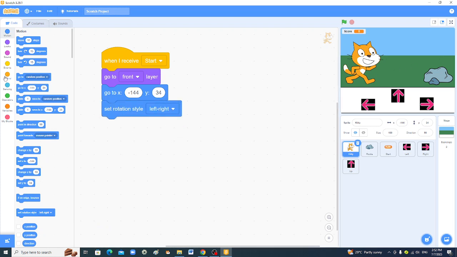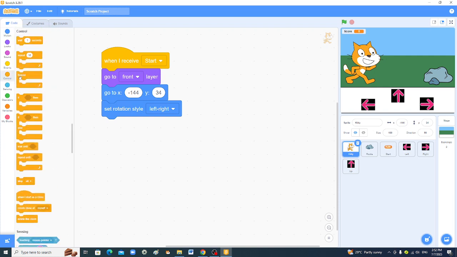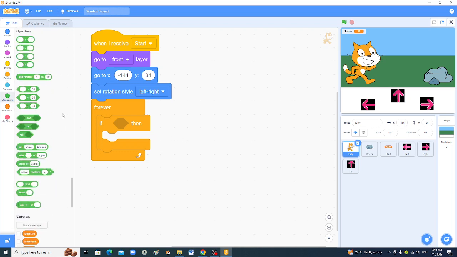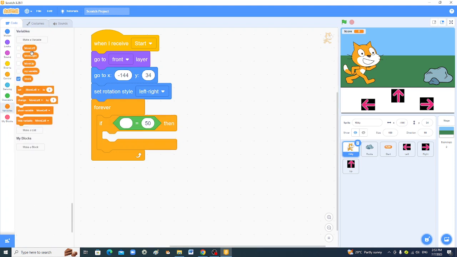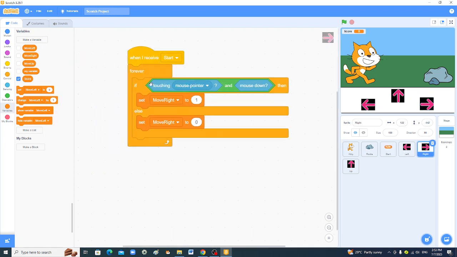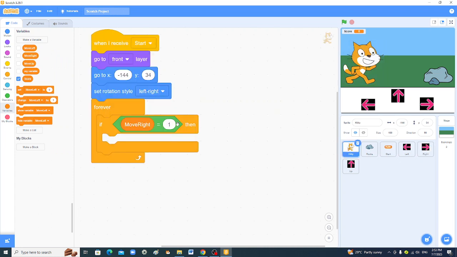The next thing is to let it loop over the walking. So we put forever here. Now what we need to do is that we put the first condition here. We are going to do something for the right. So if, then we go to operators and put an equal sign here. Now let's go to variable, if we click on move right, and the move right gives a signal of 1. Remember when we went to move right, we said that if we touch the mouse, it should be 1. So if we really touch the mouse and the move right is 1, then